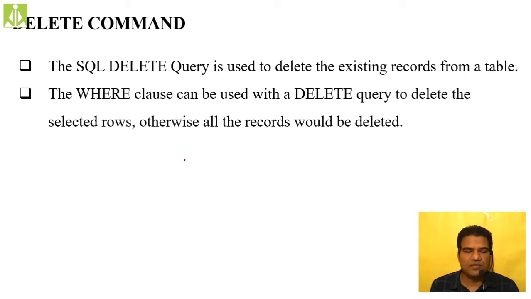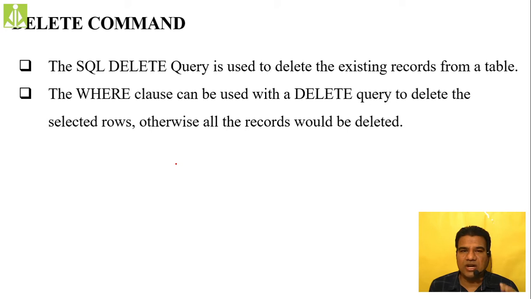First of all, the delete command. This delete command is used to delete the records from your table, or delete the rows from your table. Suppose you want to delete a particular row from the table, then we have to use this delete command. And this delete command, once again, has to be used along with the where clause, because the delete command will delete the records. What record you have to delete, you specify using the where clause only. You make the specification about what particular record or what set of records you want to delete from the complete table. To make that specification, we use this where clause inside the delete command.